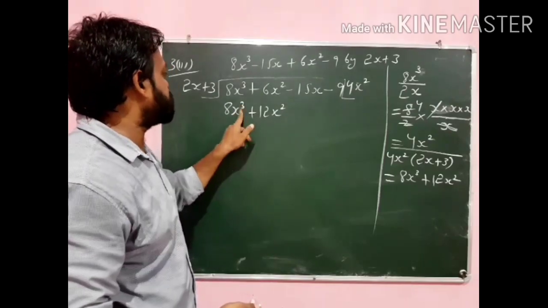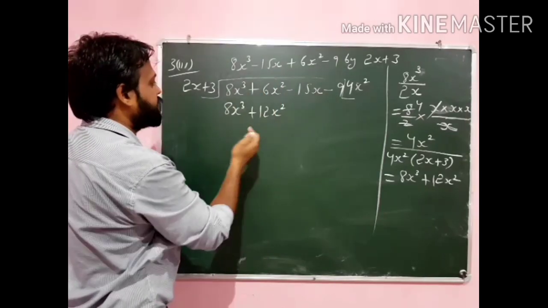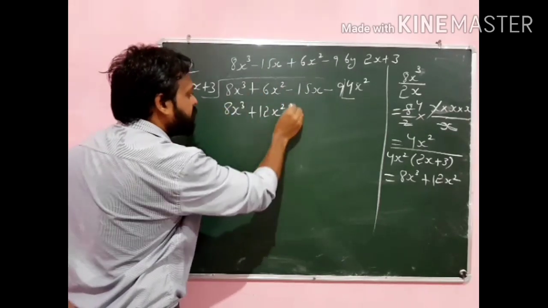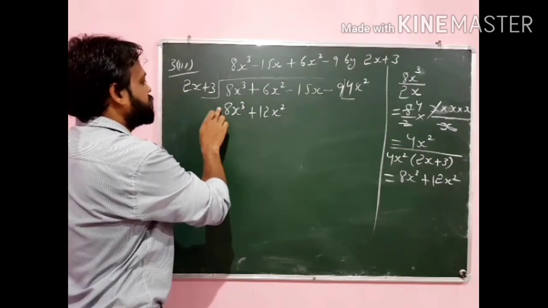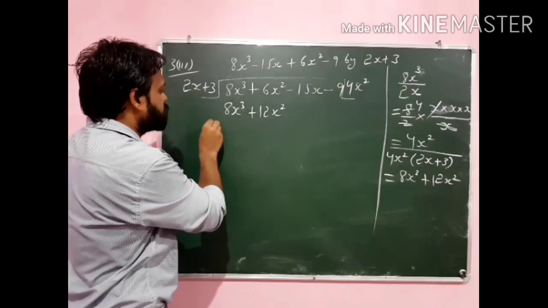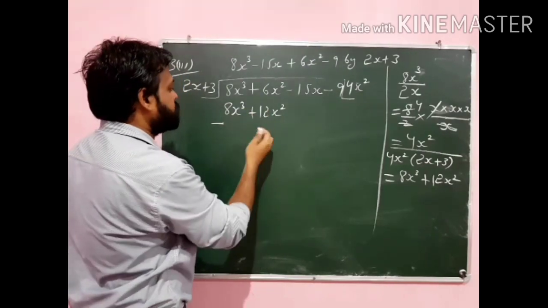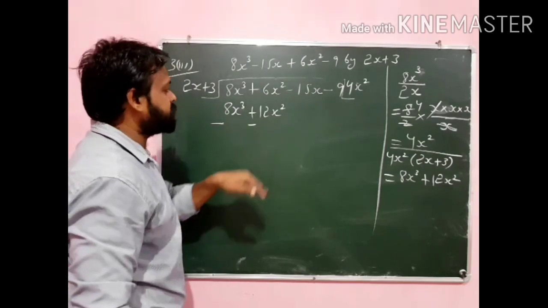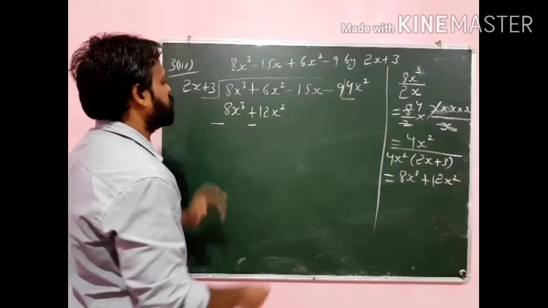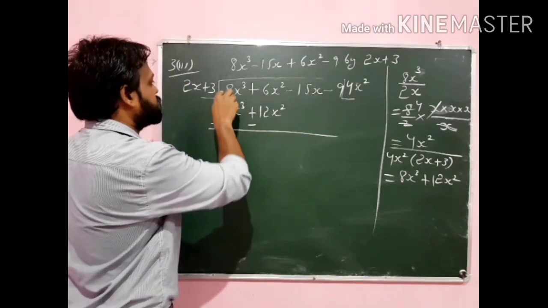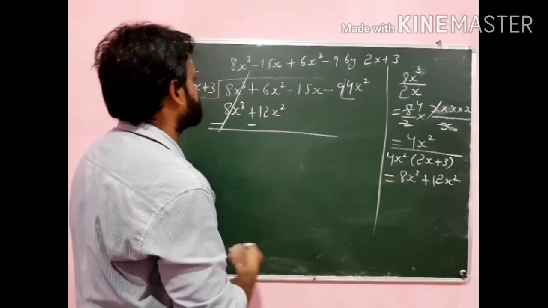Okay, now what is the next step? Now we have to subtract these two polynomials. While subtracting we have to change the signs of this polynomial. This 8x cube has a positive sign because it is a positive term, so make it minus. You can see here also this is a positive sign, so you can make it minus by changing the sign. It is a very important step: you have to change the signs of the polynomial. Now this 8x cube is of positive sign and this is of negative sign, so both terms have opposite signs and will cancel out with each other.